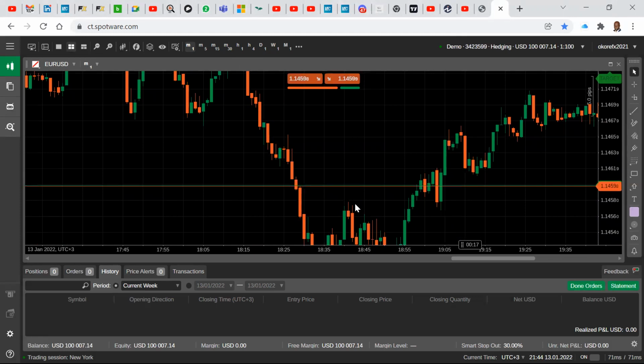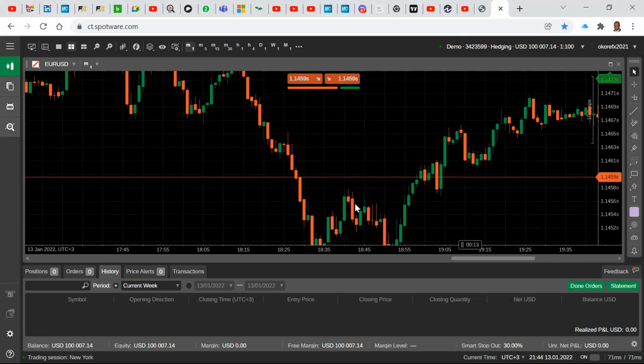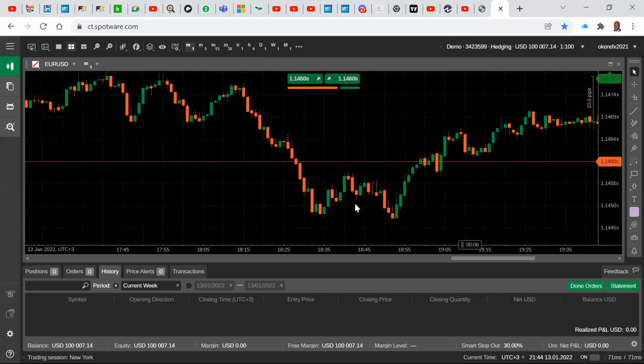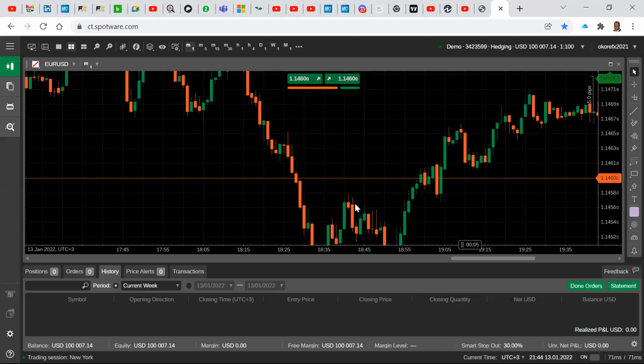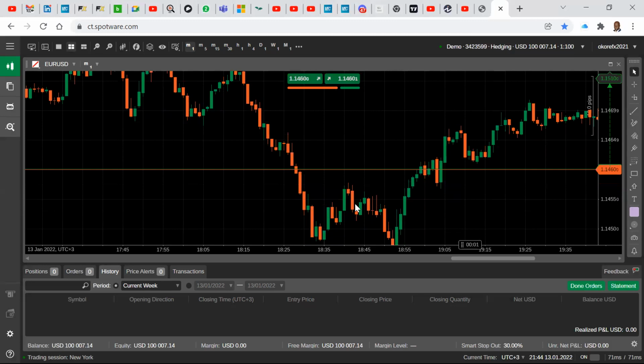You can move the size. If you click here on the right-hand side and hold your cursor, you can squeeze it so you can see the whole thing, or you can leave it the way it was. But this is just to tell you that the market moved a lot. This is around 6 o'clock. So somebody moved from here all the way down there.